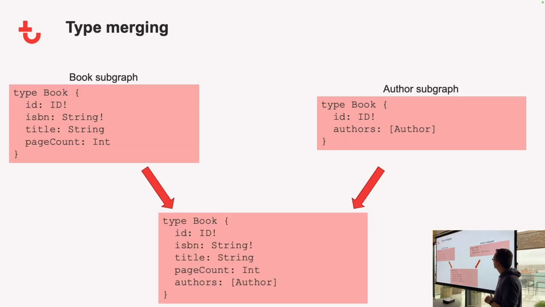What happens then with the schema stitching, or more specifically type merging, is that the GraphQL router will take these two different types, because they're called the same name. It will then merge them together to form one type that has all the different properties from both subgraphs. That means that different subgraphs can contribute data to shared entities that they might know something about. So in this case, the author service knows which authors were on a book, but doesn't know anything